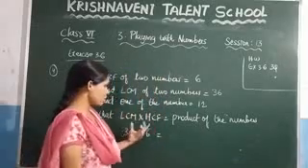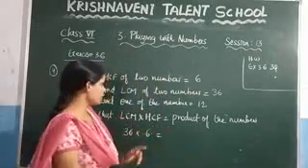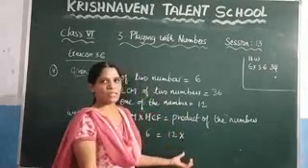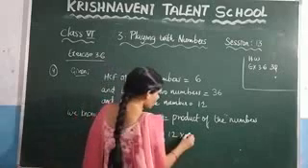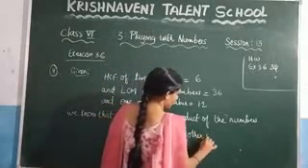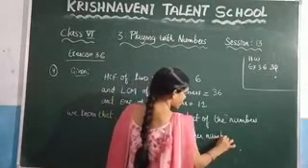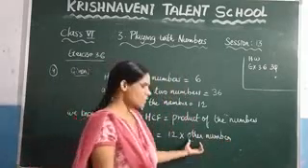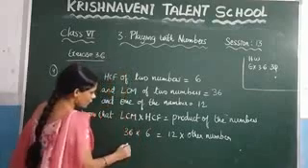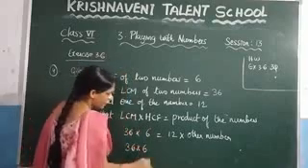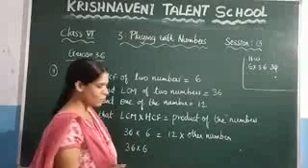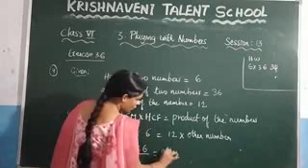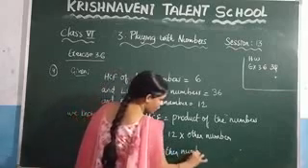Since here we have two numbers, and one number is given which is 12, write 12 into the other number, which we don't know and need to find. Or you can consider some variable which is x. So 36 into 6. If you take this 12 to this side, it will become division. So you get 12 here. If you calculate this, you will come to know the other number.